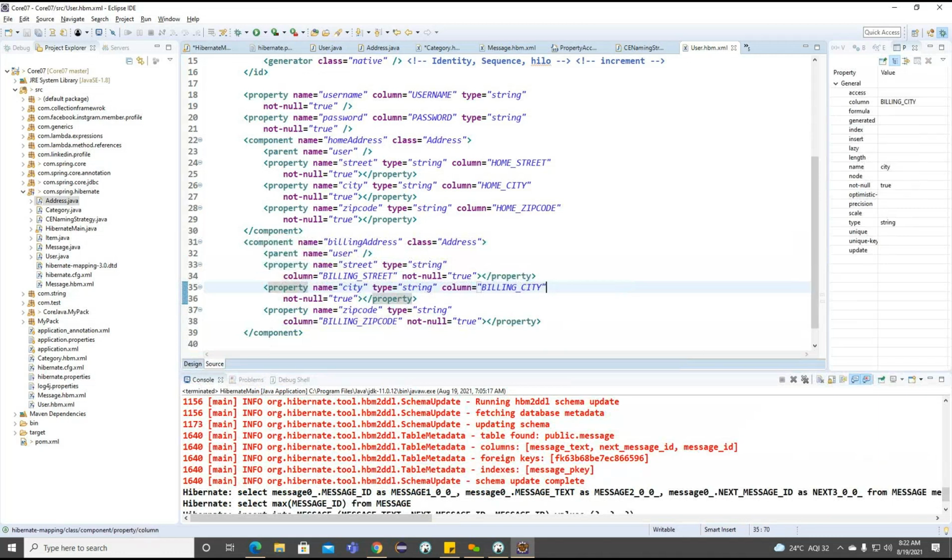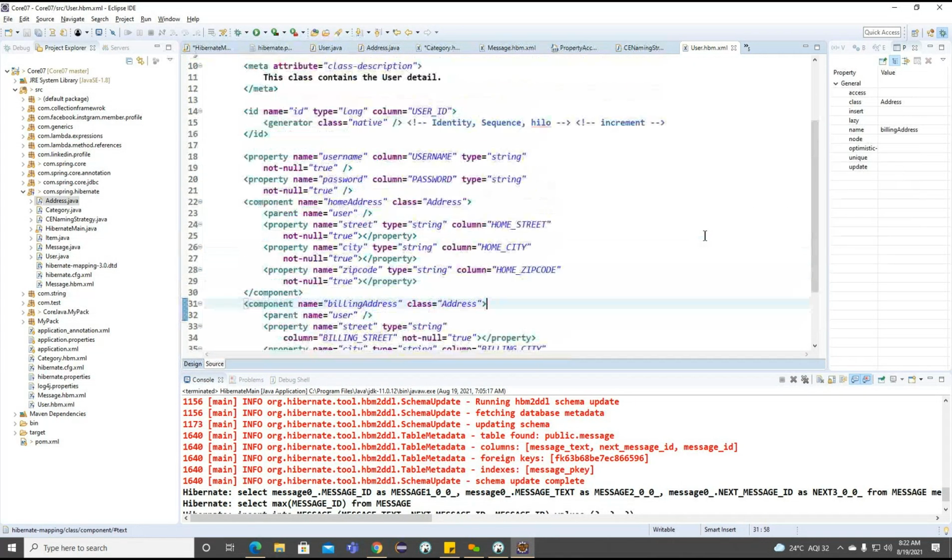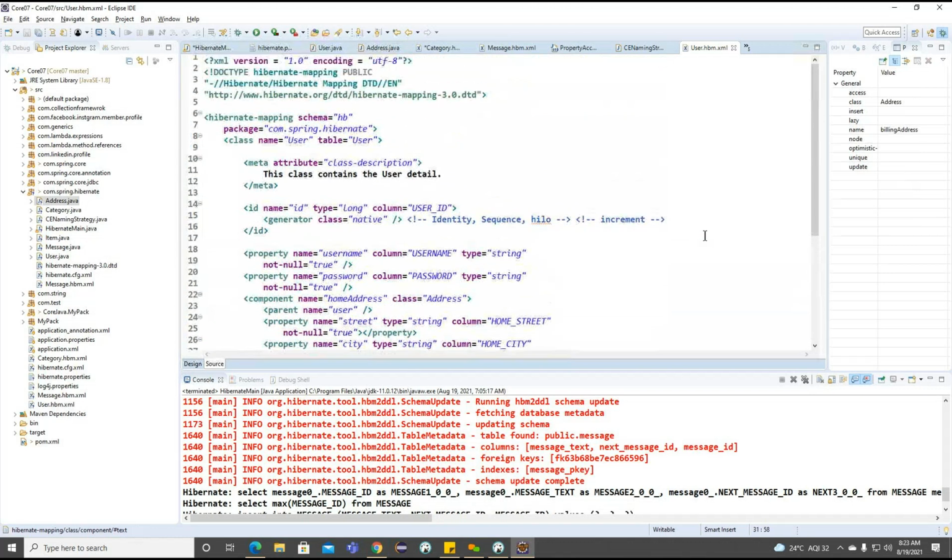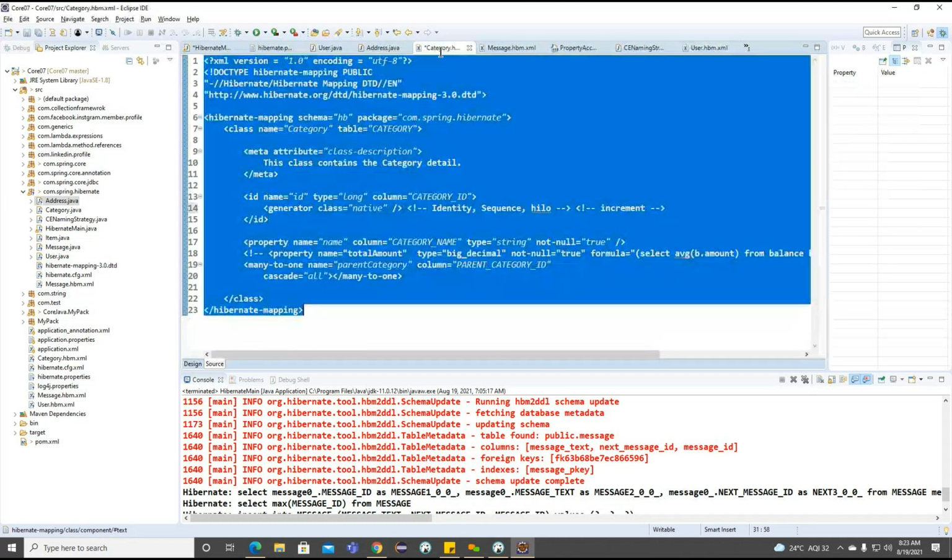Right. So this is all about the component here. With two pieces of information, we are going to connect our application. Let's see how we can run a simple example on this address, so user and address. To create this section, first I want to copy the address information here.